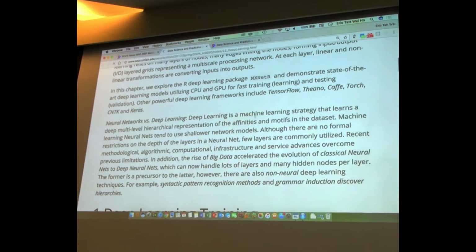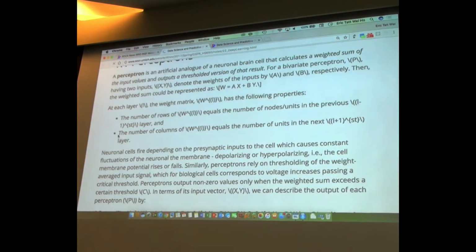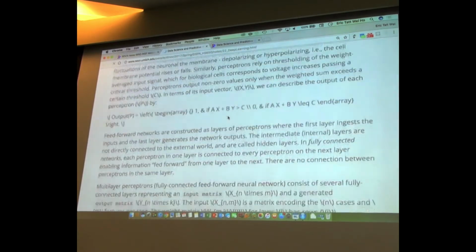Alright, so if you want to know what the difference between neural nets and deep learning is, just read some of that on the top here. So you see these characters, you guys? It hasn't finished rendering the HTML on the fly. This is just LaTeX code. It's going to fix itself once it's done with the rendering. So never mind these things. I know it's kind of difficult to look at this thing, but let's just go down to